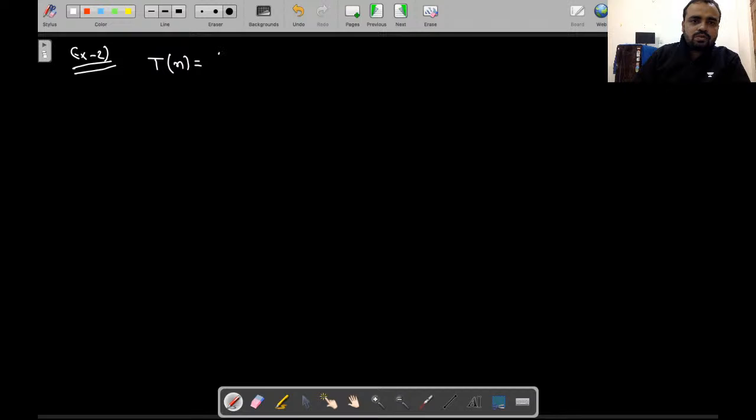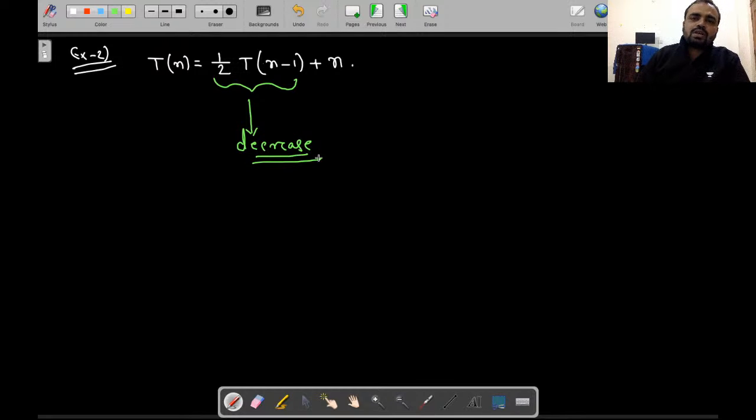तो सपोज t of n is equal to 1 by 2 t of n minus b, that is n minus 1, and plus suppose this is given as f of n. तो जितने बार आप इसको सब्स्टिट्यूट करोगे इसका वैल्यू क्या होता जाएगा, डिक्रीज होता जाएगा। ठीक है ना। तो अल्टीमेटली जो कॉम्प्लेक्सिटी है वो पूरा का पूरा दिस पार्ट दैट इज द एफ ऑफ एन वाला पार्ट इसी पे डोमिनेट हो जाएगा. And that's why we are saying